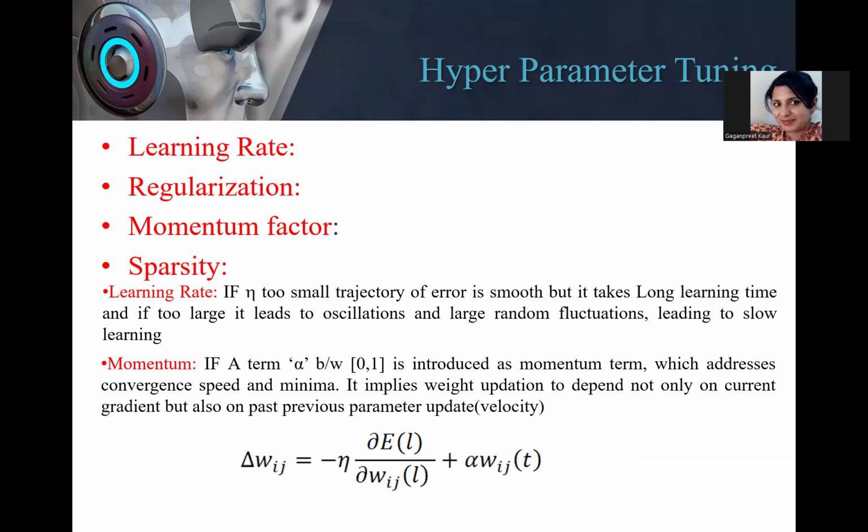So if I take it to be too small, it is going to be more precise. I can just think of the learning rate as a quantization of a smooth surface. I have to mimic, I have to move along that surface so that I reach the minimum point. That is the objective. So definitely the smaller the step size, the more accuracy there would be. It would follow my path more closely, but then the learning time increases exponentially because it is going to